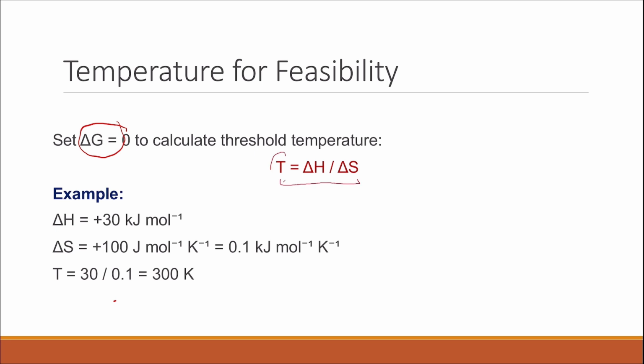You're going to find that T, the temperature in Kelvin, will equal delta H, the enthalpy change, over the entropy change. For example, if you have a reaction where the enthalpy change is plus 30 kilojoules per mole, so this is endothermic, and the delta S is plus 100 joules per mole per Kelvin, which when we divide by 1000 is 0.1 kilojoules per mole per Kelvin, then the temperature will be 30 divided by 0.1, so that